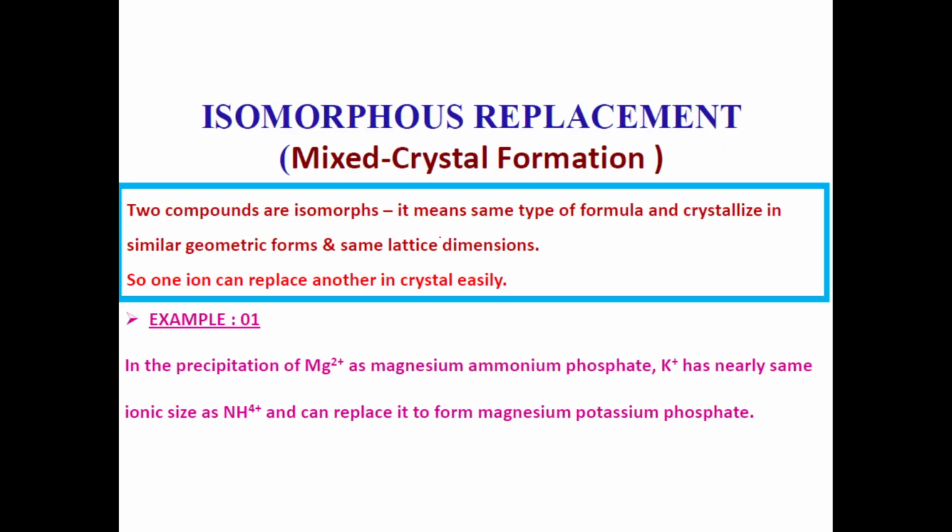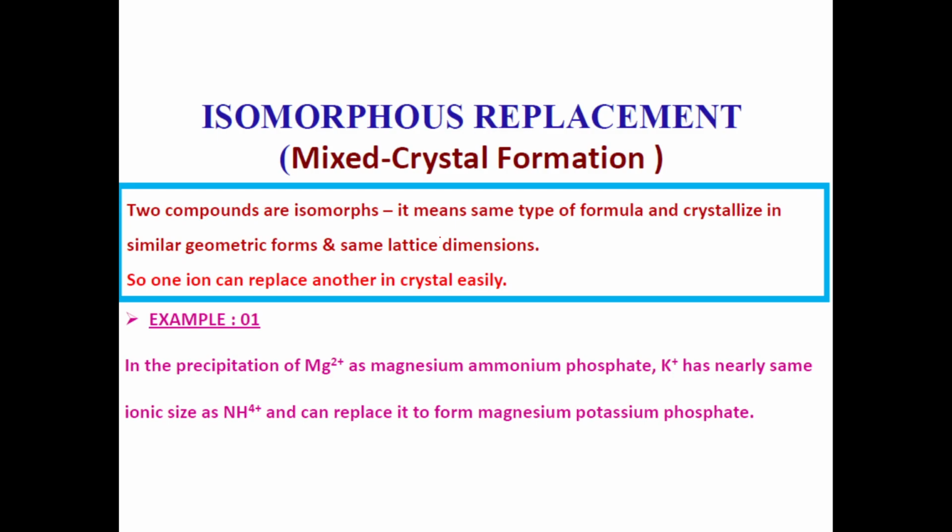Next is the isomorphous replacement. Isomorphous replacement is the mixed crystal formation. The two products are isomorphs, meaning the same types of crystal, a similar geometrical form and the same lattice dimension. When this situation happens, for example, we need the sodium chloride precipitate. Sodium chloride as a type of crystal is sodium and chloride. Sometimes another ion can